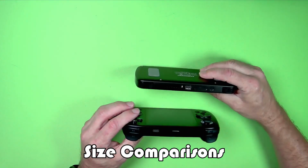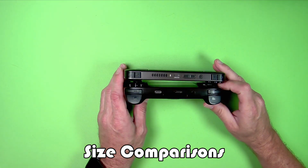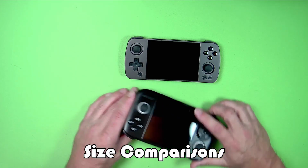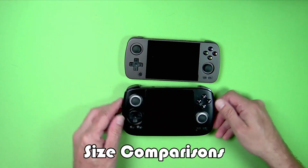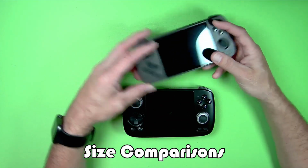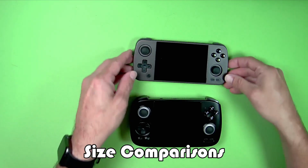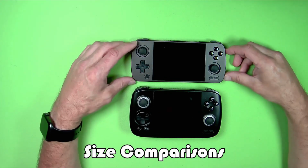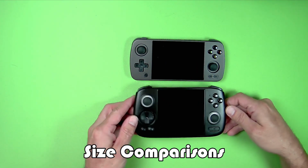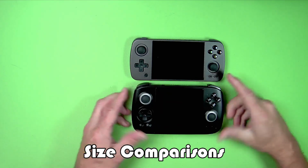Of course, the main difference is we have the stack triggers and the grip here. The Cube is certainly thicker than the 405M, but thickness aside, in terms of overall size they're pretty comparable. The screen is going to be a hair wider on the 405M, but of course it'll be less tall because of the 405M's 4:3 aspect ratio and the Cube's 1:1. So little differences here, but from size comparisons this looks to be a pretty reasonable